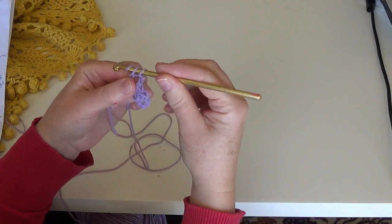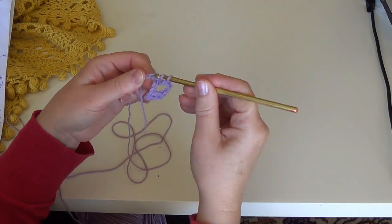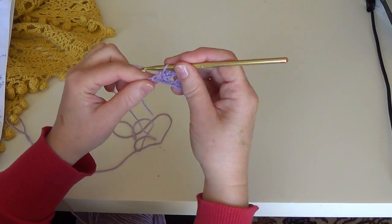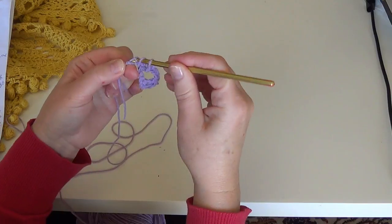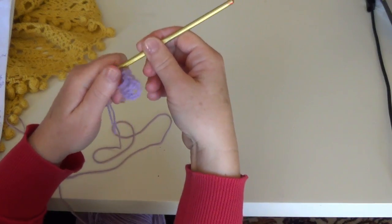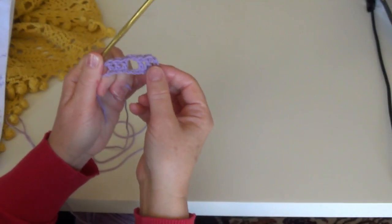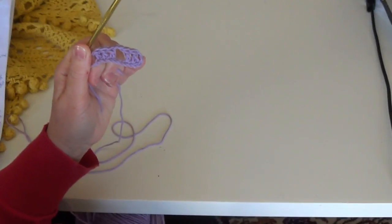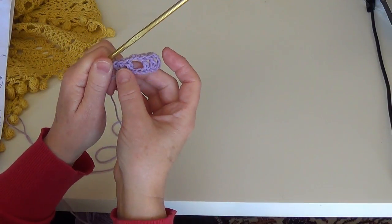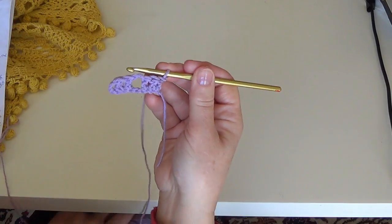1, 2, and 3. This is our first row. It's not a very sharp shape of triangle, but this is the shape. So we have 3 double crochet at the beginning, 3 at the end, and we are turning, and we are